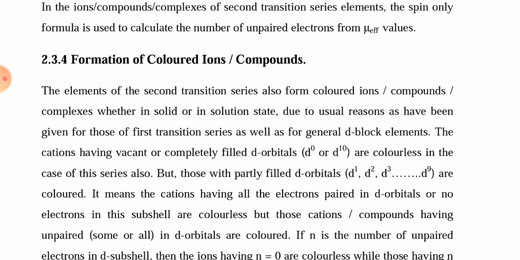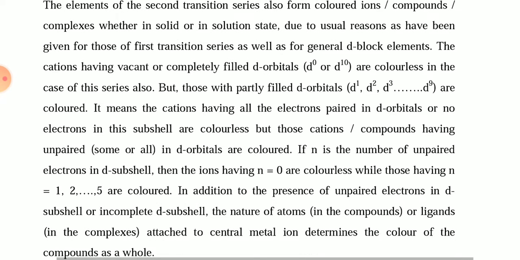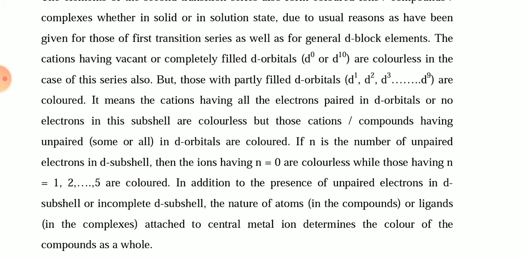the vacant or completely filled d orbitals, which are d0 and d10, are colorless in the case of this series also, but partially filled d orbitals like d1, d2, d3 to d9 are colored. It means the cations having all the electrons paired in the d orbitals are colorless, but those cations or compounds having unpaired electrons in a d